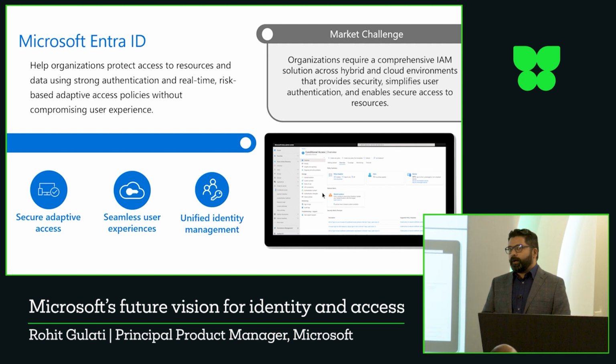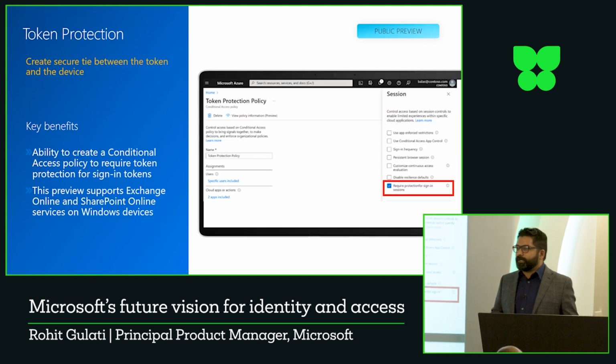What I'm going to share now are some of the highlights of the features that were just released, hot off the press from last month, starting with token protection. Token protection, or a feature called token binding, is an industry term. But how can I make sure that token theft scenarios can be avoided? So when a user is issued an identity token from a directory, can I also make sure there is a device trust established? And if you see the screen